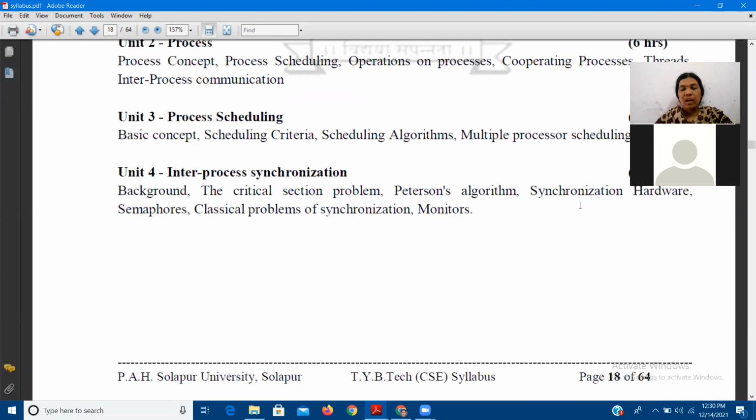Under synchronization hardware we discussed two instructions, test and set and swap. With the help of these two instructions we provided two more solutions. And then in the last lecture, throughout the lecture, we discussed semaphores. Semaphore is defined as a synchronization tool with the help of which we are able to provide synchronization between two processes so that they are able to share the common resources.